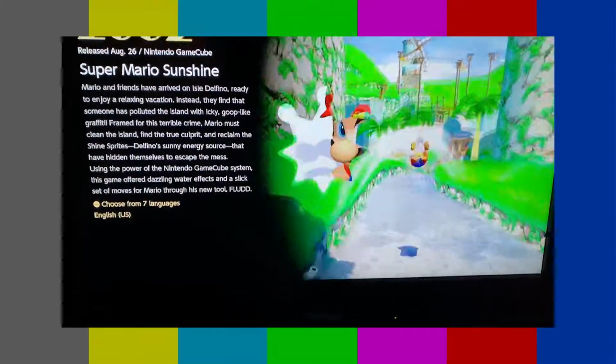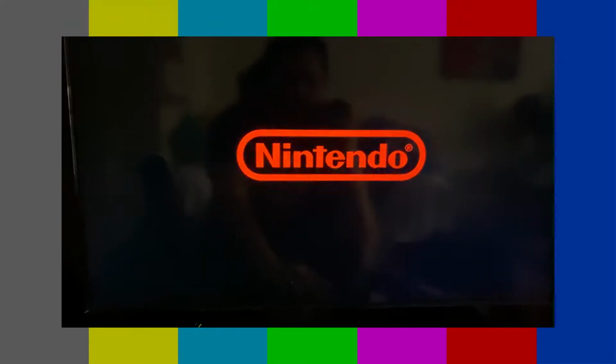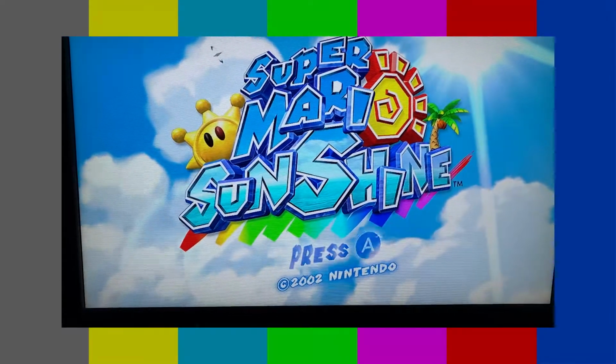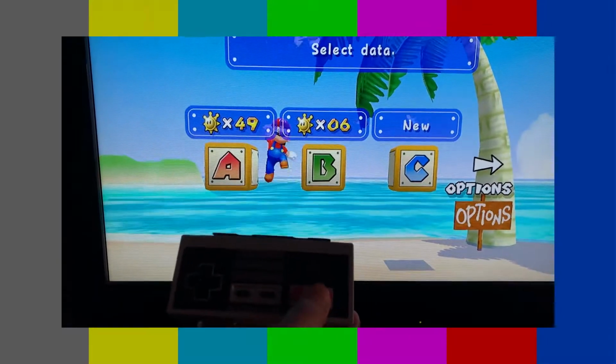Just to prove that I'm not lying, I'm going to boot up Super Mario Sunshine and show you the only thing you can do, because the NES controller only has an A and B button, and both those buttons are allocated to jump for some reason. The only thing you can do is jump, but it starts you in a spot where you can't even get into the game. So,